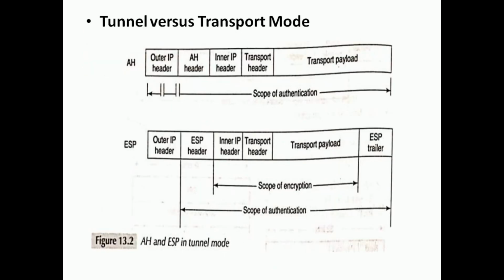Padding also helps in hiding the actual length of the data when ESP is used with the encryption option turned on. Next, what is the difference between transport and tunnel mode? We'll see. To protect the entire IP header, IPsec has an option called tunnel mode. Both AH and ESP can employ tunnel mode. If you want to protect the entire IP packet, then you can make use of tunnel mode.